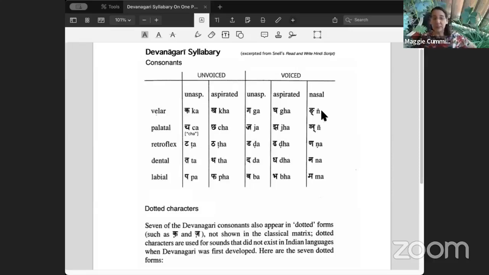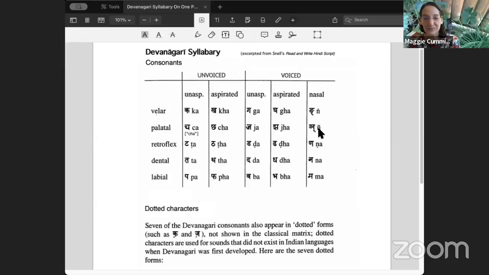So an example would be Ganga, Ganga. Okay, so this N appears before this G and your tongue's already in the correct place. It's very hard to mispronounce it. So we don't have to worry about it. The same goes with this one here. So this one would be like,